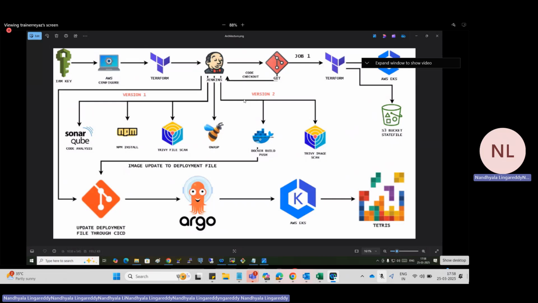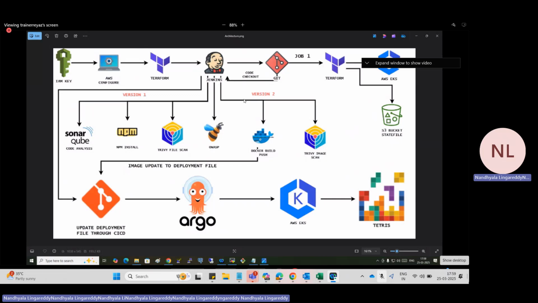So today's project concept is, we will go and set up Tetris, EKS. Anyways, I don't talk about EKS because job 1 is automatic and will set it up. Second thing is, we'll go and set up Tetris, and we have a GitHub version 1 application. We'll go and deploy it. Docker image will get created. Okay, it will be pushed to the Docker Hub,